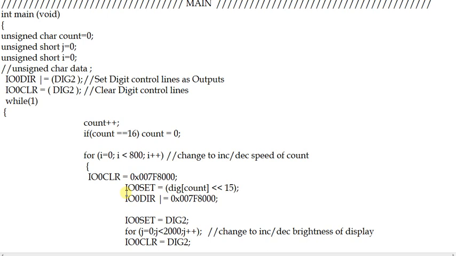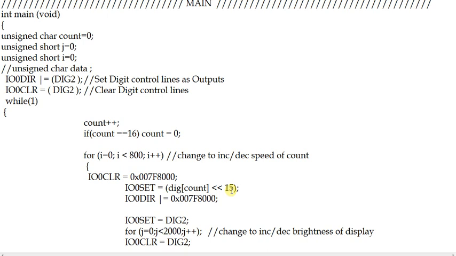Repeating once again, IO not set is the input output register set from the 15th bit. Why digit of count equal to 0? Digit of 0 should be displayed from the 15th bit, because the 7 segment LED pins will glow from pin 15 to 22.